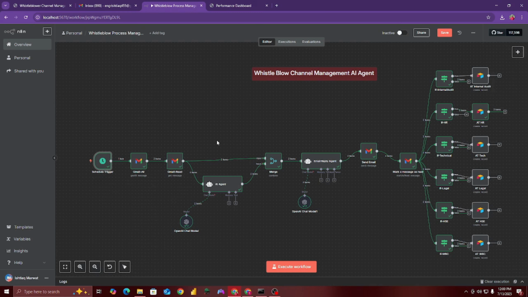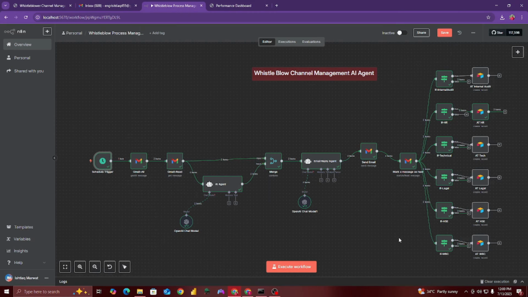So this workflow can be made much better. For example, the same workflow can be used for any customer support system also, or for any other process in any organization where the email tracking and email reply need to be automated